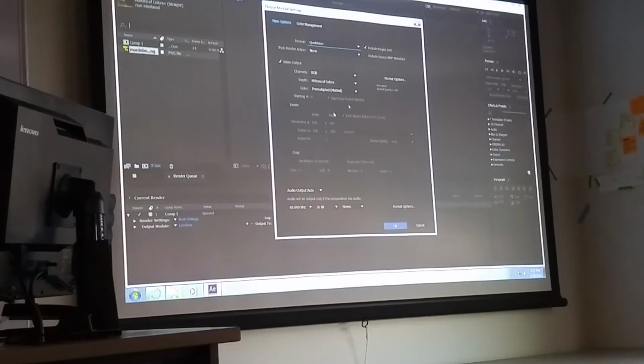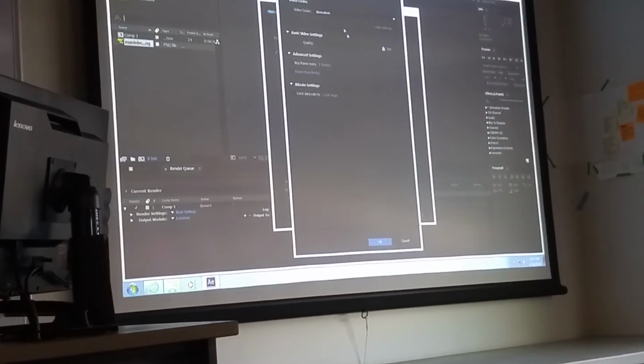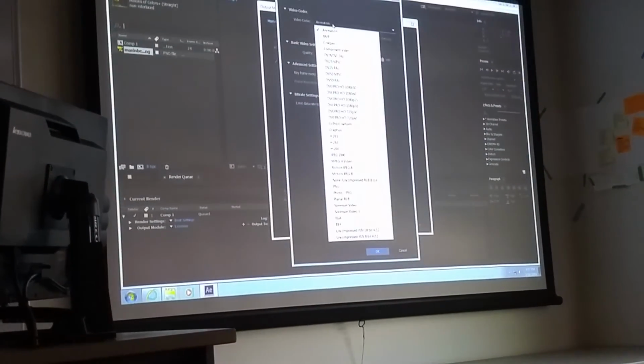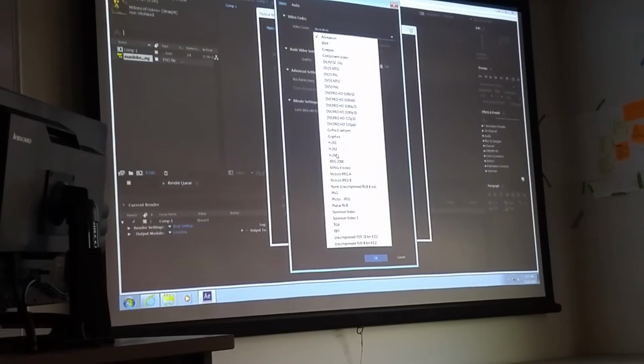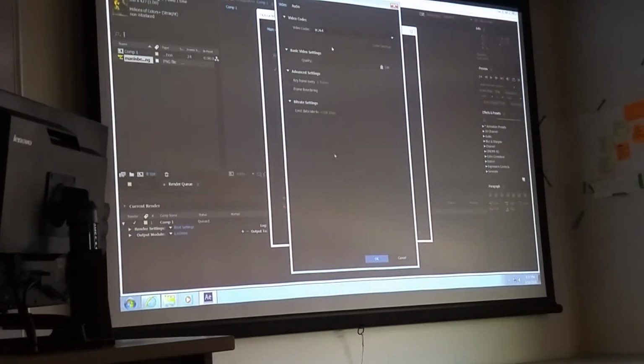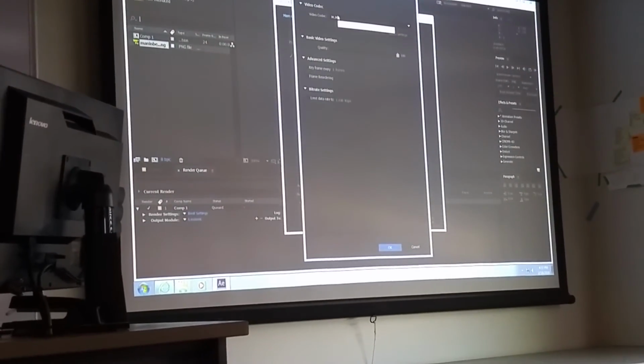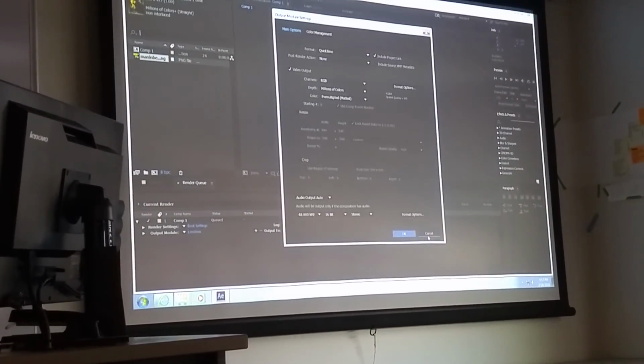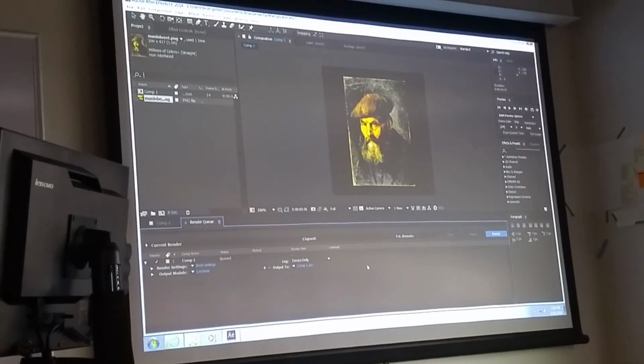And then format options, I believe you can choose your codec. For your codec, this is important, switch it to H.264, so it's not huge. So make sure you switch it to H.264. And again, to do that once more, just in case you didn't see that,